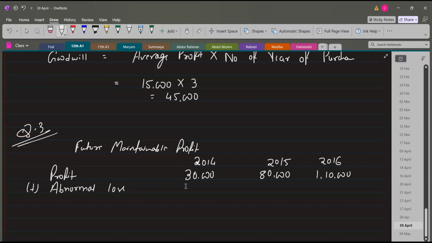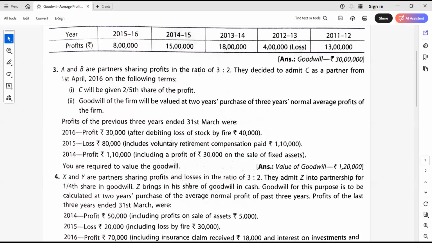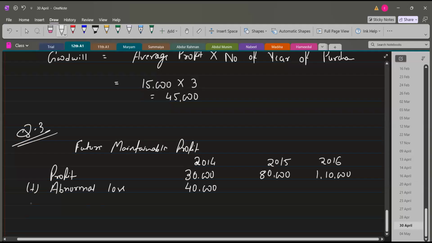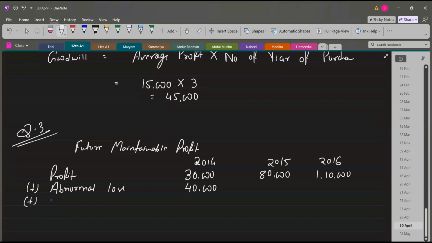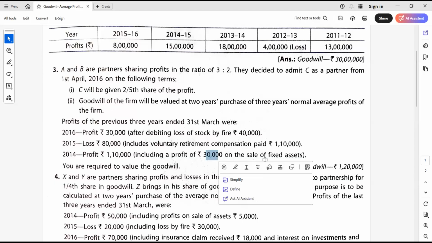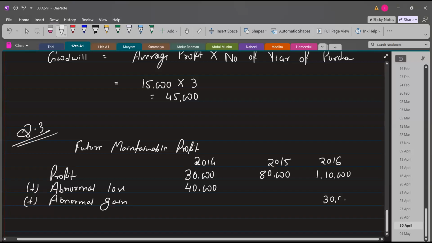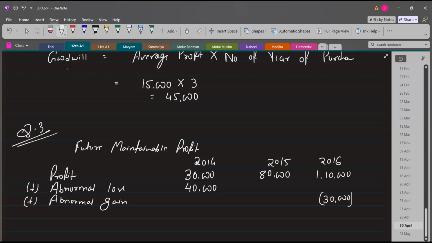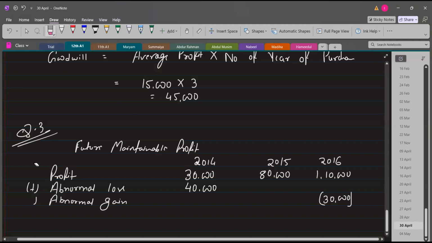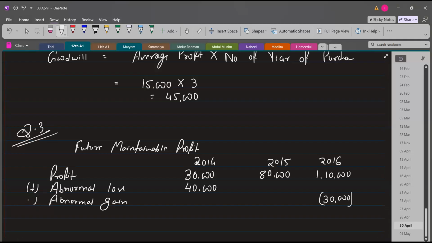Abnormal loss will be added, 40,000. Then there is abnormal gain, 1 lakh 10,000. Gain is in the third year, 30,000. Sorry, it is to be deducted, not plus. It is minus. And then there is